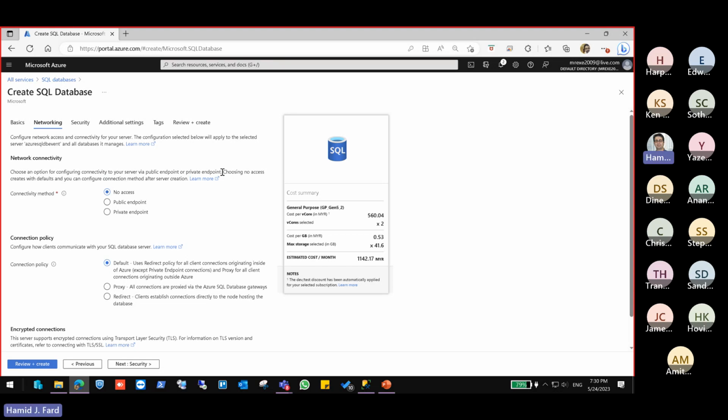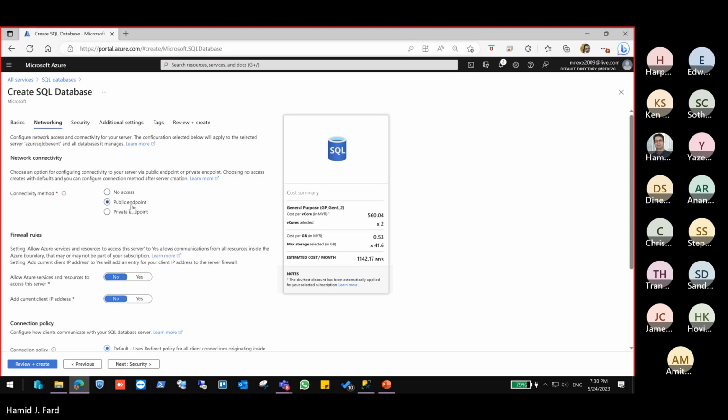The first section asks whether you want to connect through a public endpoint or a private endpoint, or you don't want to have access at all. Basically, if you don't want to have access at all, then there's no point in creating the SQL DB. If you want to connect through the internet, which means that you have an on-premise application server and you need to connect through the internet to the Azure SQL DB, then you need to choose